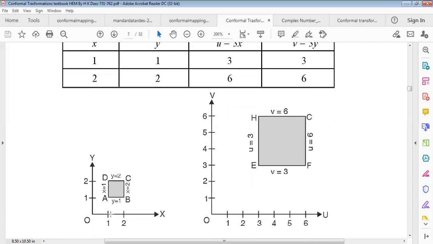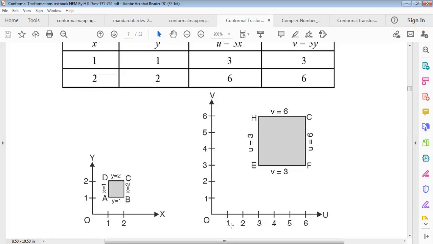x equals 1, and here y equals 1. We get this straight line. x equals 1 will be parallel to the y-axis, the imaginary axis, and y equals 1 is parallel to the x-axis, or parallel to the real axis. We get these types of straight lines. Again, for x equals 2 we get this straight line, and for y equals 2 we get again a line parallel to the x-axis. Then we get the ABCD region.